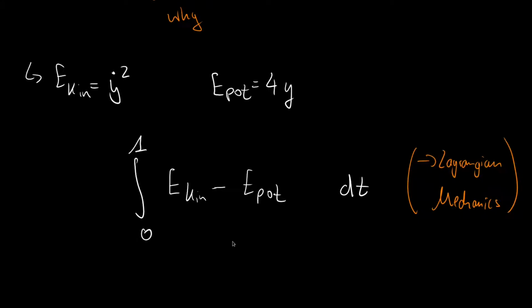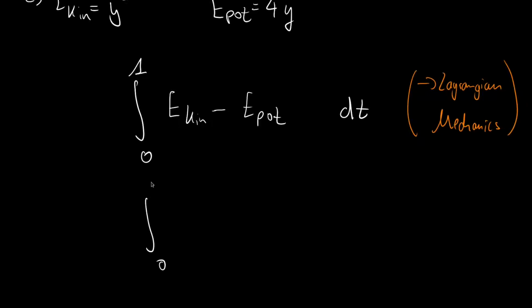Okay, let's plug in what we had. In our case, we would get the integral from 0 to 1, and the kinetic energy is y prime squared, and the potential energy is 4 times y, so y prime squared minus 4 times y dt. And of course, recall y is a function of t, so also y prime is a function of t, so the integration over t makes sense here, because we will plug in our function that is describing the height over time. And now let's give this integral a name, and we will call this a capital I,